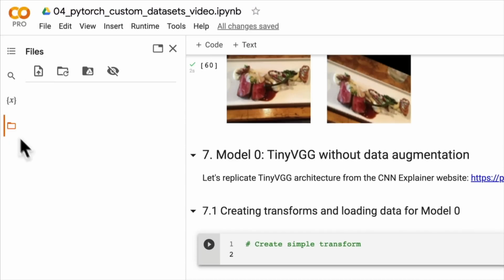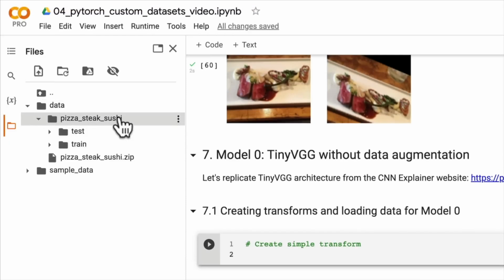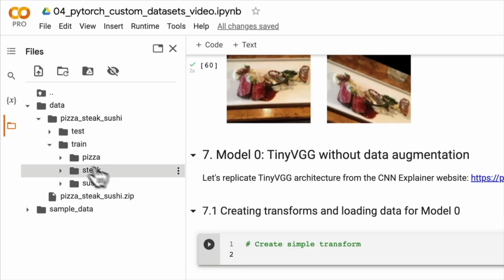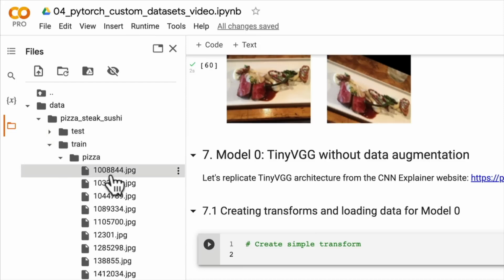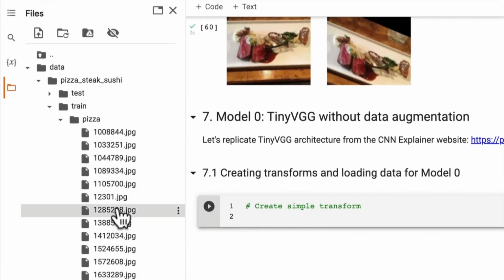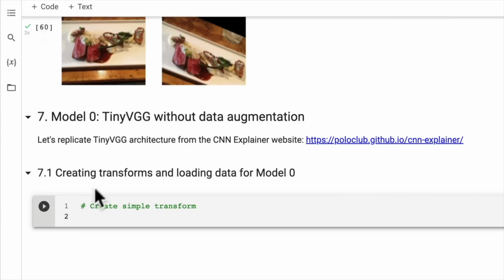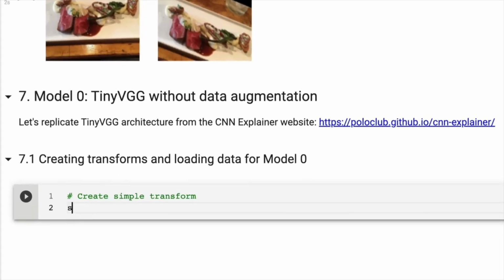We want to get our data from the data folder, from pizza, steak, sushi, from the training and test folders, from their respective folders. We want to load these images and turn them into tensors. Now, we've done this a few times now, and one of the ways that we can do that is by